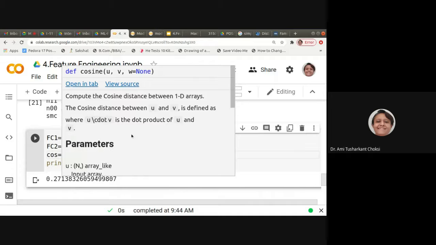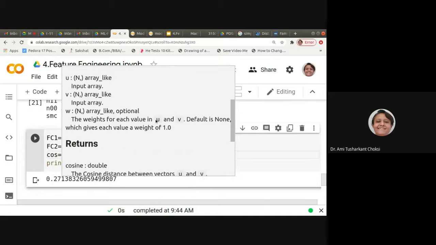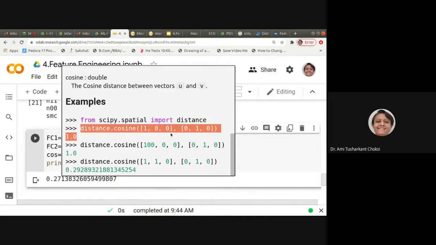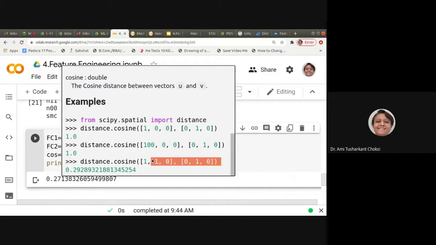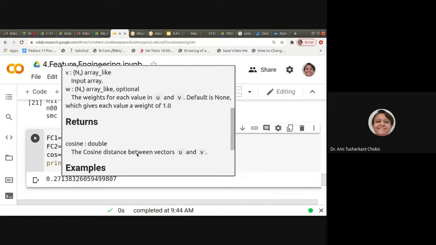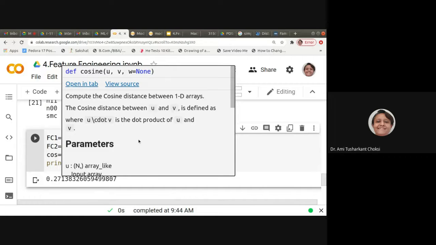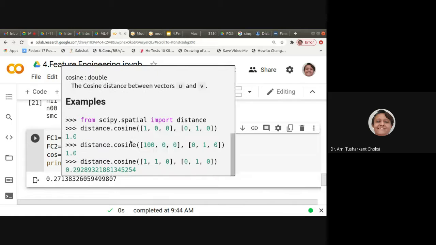In the help, it says: compute the cosine distance between one dimensional arrays. So if we are giving 100010, then probably it will give us the same result. This is for binary, we can say. It is not compulsory to give it as binary, but the way it treats it will be different.